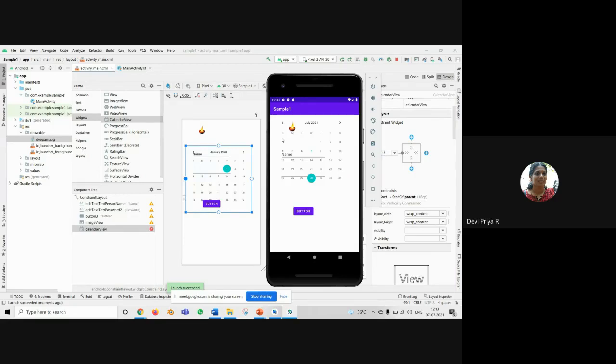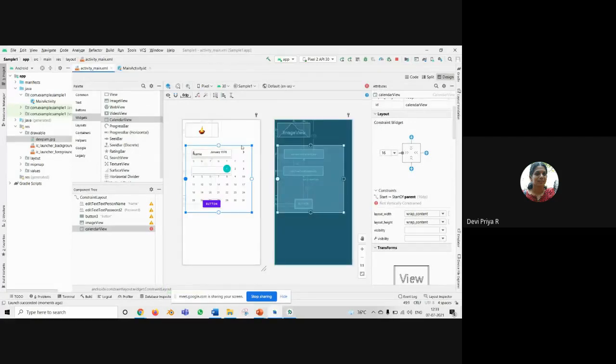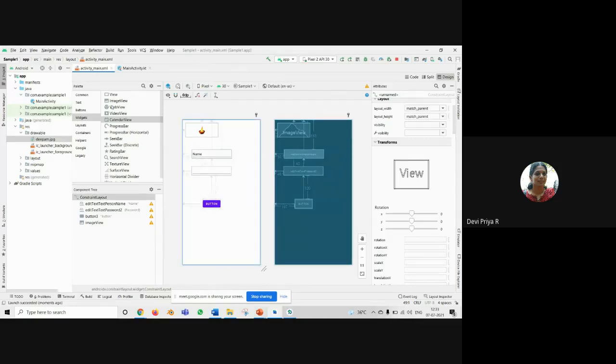Suppose you are opening the calendar on your Android phone, it will be using only this feature. And for doing any project, if you want to include a calendar, you have to use only this view. That means this is the only option. See, this kind of calendars, all these things can be given. And if you want to delete, you can delete. And I'm showing you how to create other bars. Similarly, you can create all these bars.